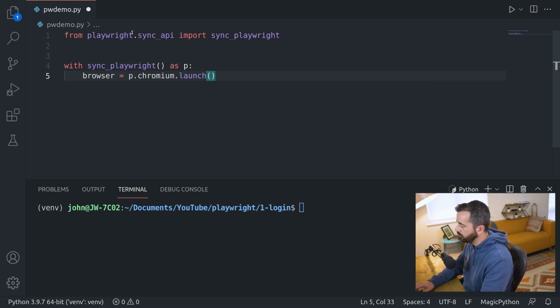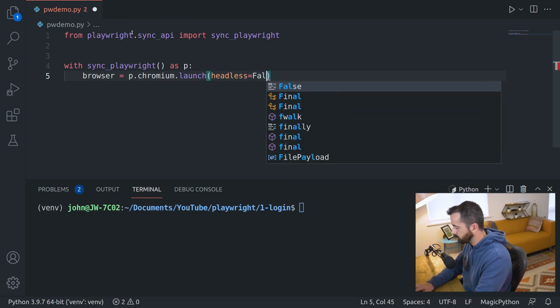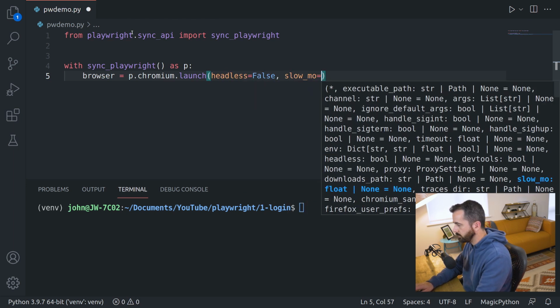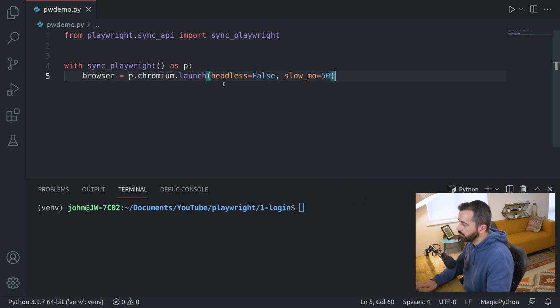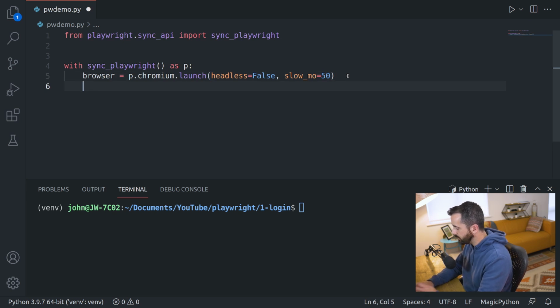Now in here, I'm going to put in headless equal to False. And I'm also going to put in slow_mo equal to 50. Now by default, Playwright will always run headless. So if you want to actually see the browser, you need to put headless equal to False in here. And slow_mo 50 is just going to slow it down a tad so we can hopefully see what's going on a bit better. So now we have our browser instantiated, we need a page object that we can interact with,